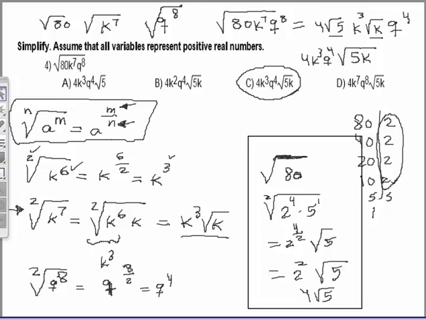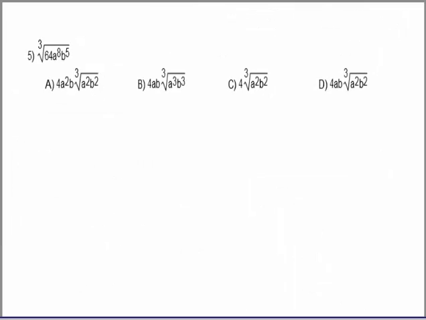Okay. All right, I'm going to move on to the next problem. Okay, this is another one. Now this is the cube root. So we need 3 of a kind. When I say cube root, I need 3 2's here to make it 2 to the power of 3, so